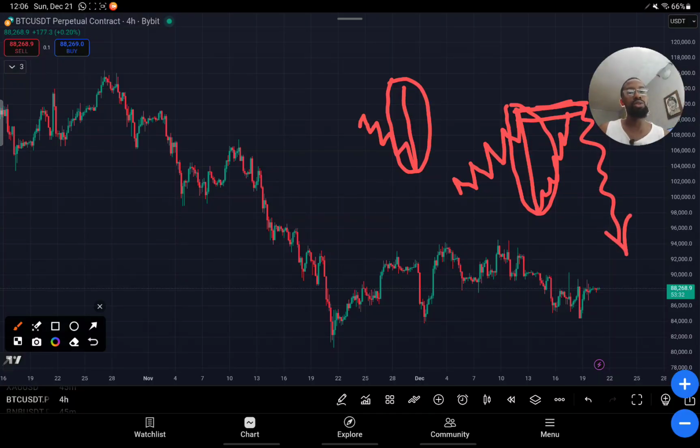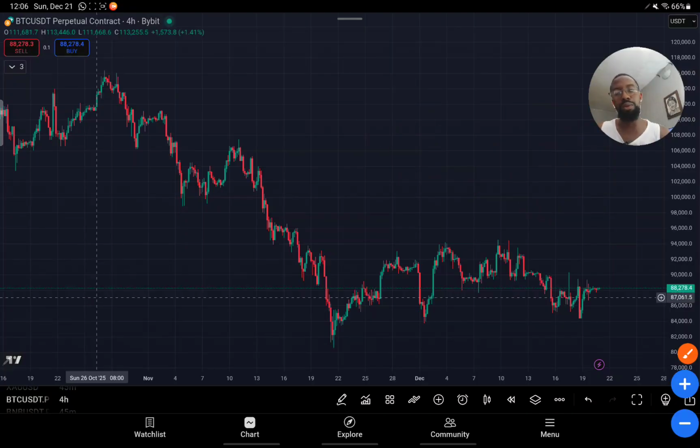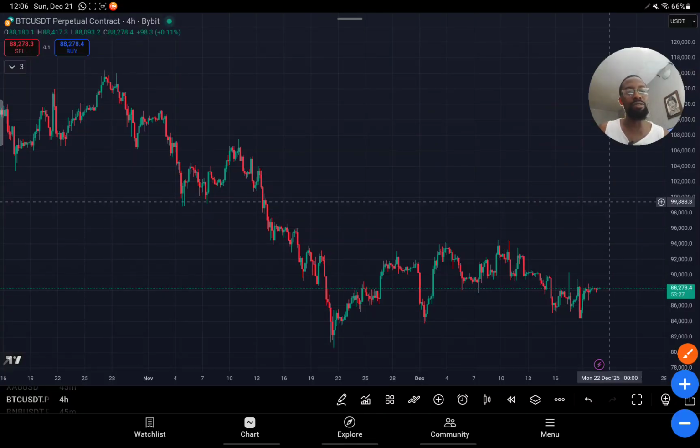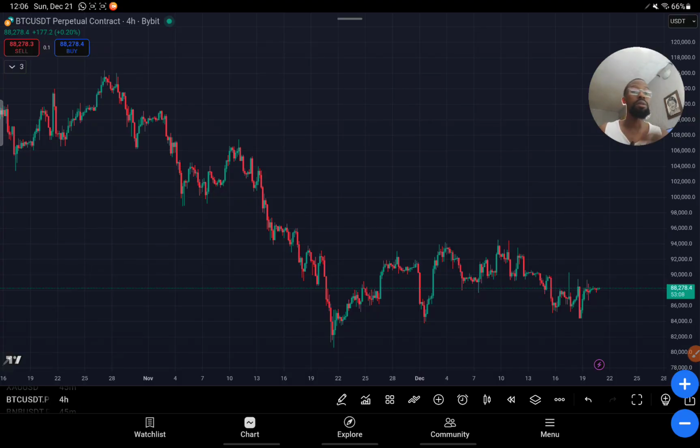Do you understand? So your job as a trader is to identify and understand some of these candles, a bullish engulfing, a bearish engulfing. Now, how do you know a bullish engulfing, a bearish engulfing? There are indicators that will show you clearly a bullish engulfing candle, a bearish engulfing candle. Yeah, but not everybody has that indicator.